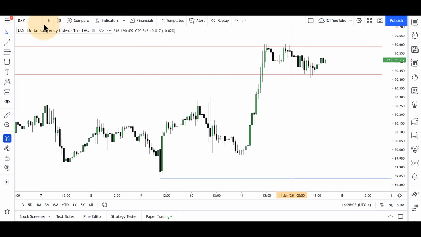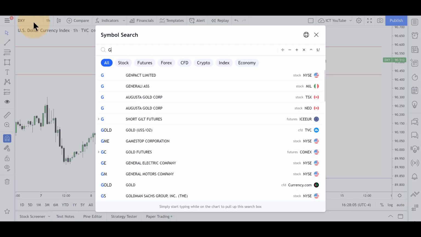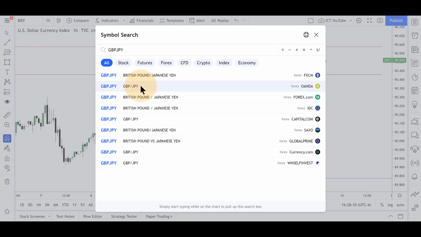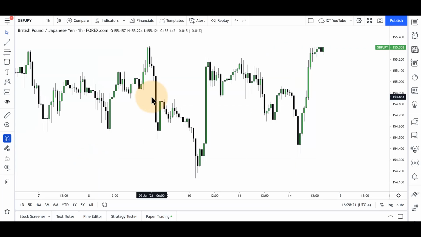So I could have very easily done pound yen, because pound is similar to what we saw in euro, which was not weaker, but moderately bullish. Not because it wants to go higher, but because it's refusing to go down. That's important that you have that in your notes. But same thing here: optimal trade entry here, relative equal highs, runs. There's your two pairs. But euro yen, in my opinion, was better simply because euro and cable, euro had that